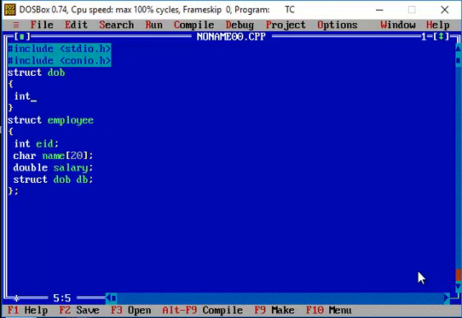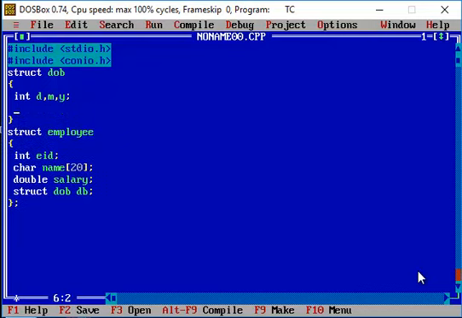Let's say your date of birth consists of the day, month, and then the year. So all are of integer data type. Now what I'm going to do is create one more structure within the date of birth. Let's say I'm creating the time of birth as a structure. So I'm going to use another structure, time of birth, and time is my structure member inside the date of birth structure. So here we have a couple of nested structures.